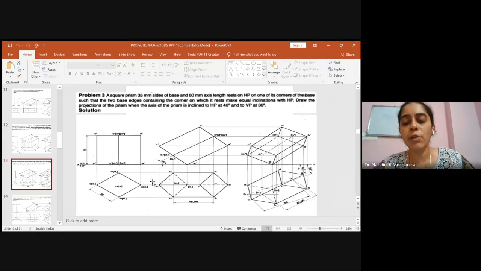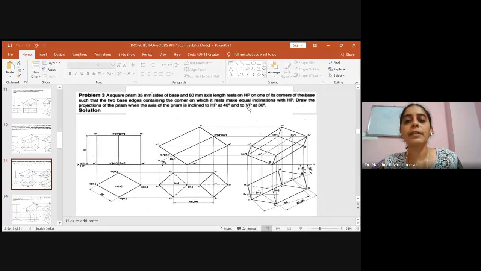Only the difference now comes with respect to determining the beta angle. Please read carefully. How do you solve a beta angle problem in the case of solids? When it is about the axis, you always have to determine the beta angle. If it is inclined to the side, you won't determine the beta angle. If it is apparent as well, you won't determine. If it is directly told that the axis is inclined to VP at 30, then you have to determine the beta angle. So for that, listen carefully.